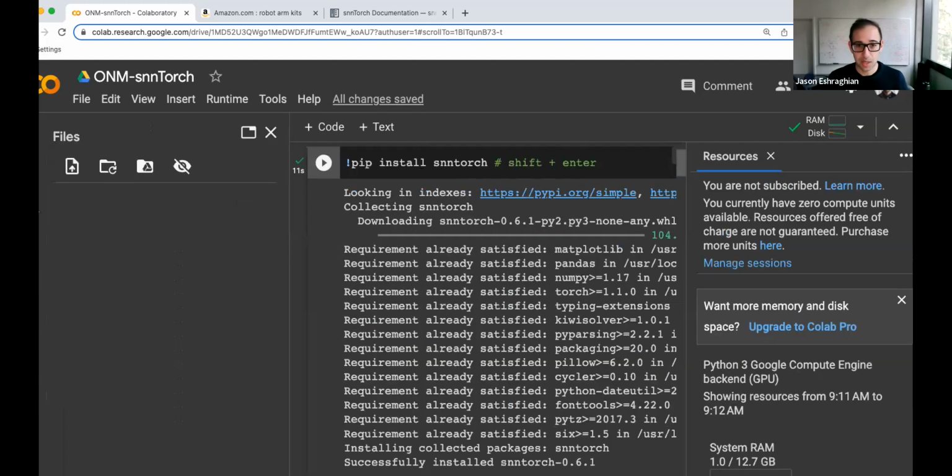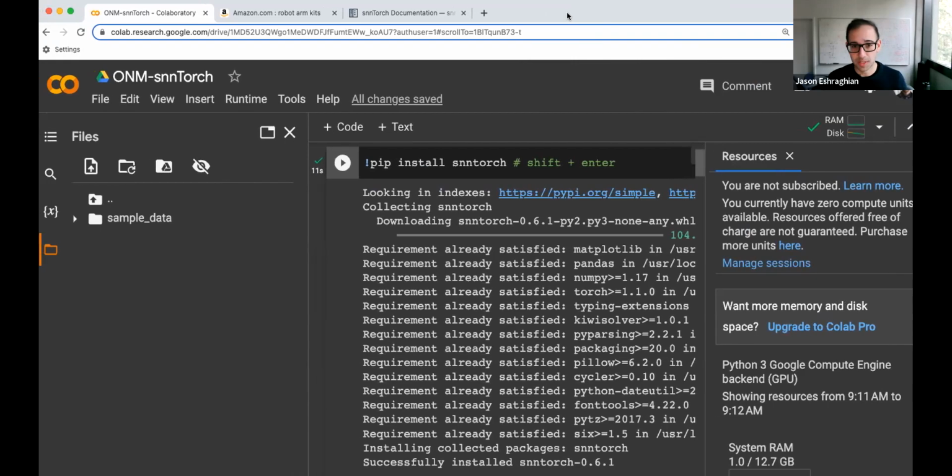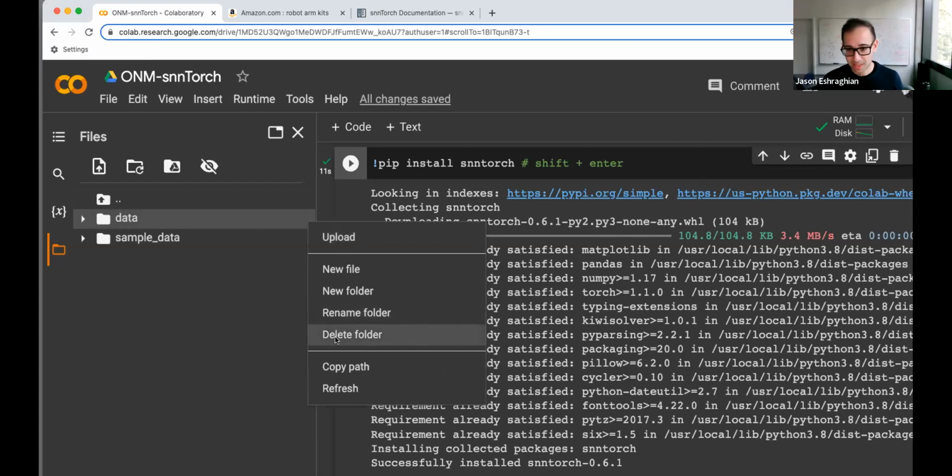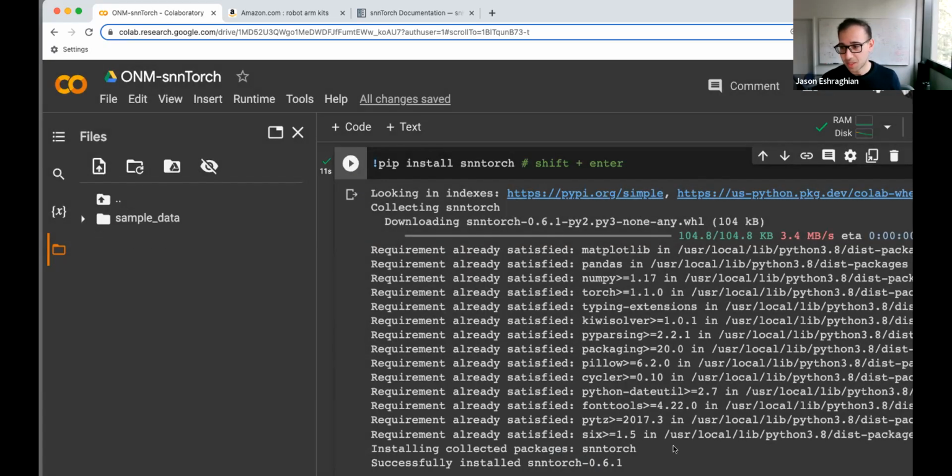That's good. Then if I move to the side, you can press this folder button and take a look at what's in your base directory. If you need to create things, like a folder, say that's my folder with my data in it, I'll go ahead and delete that, and we can do things as we need them.